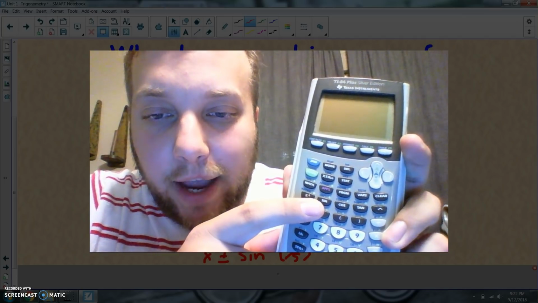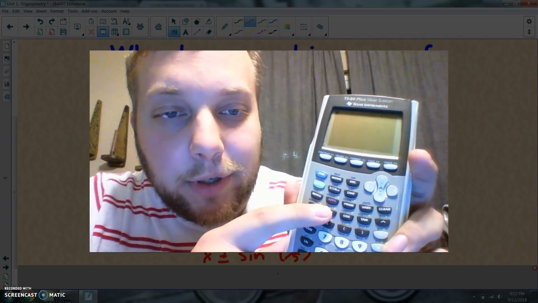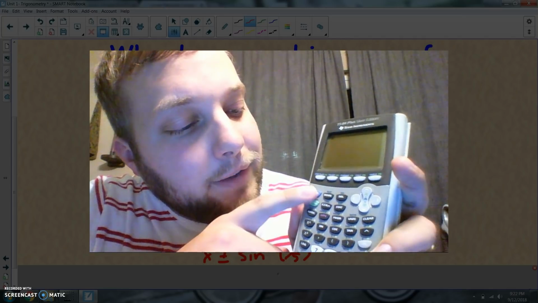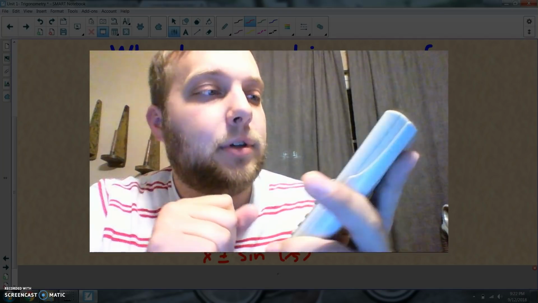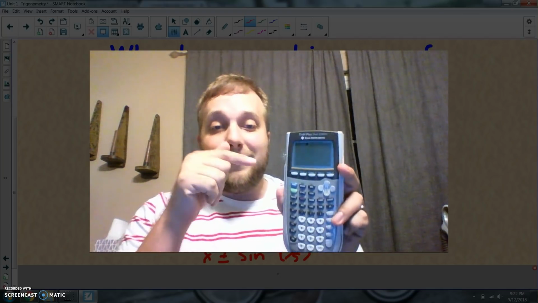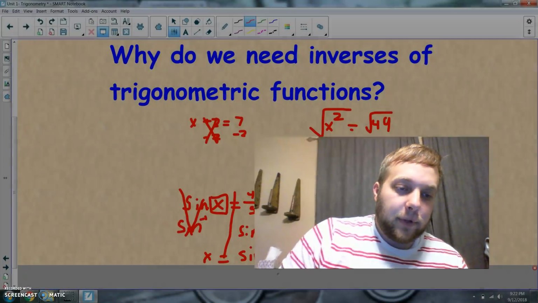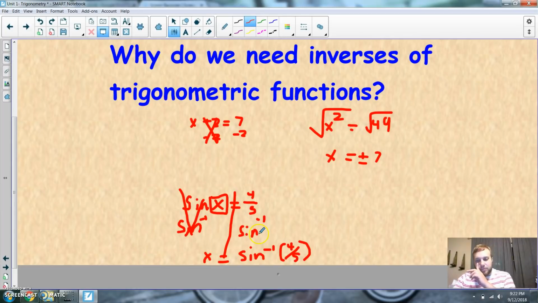Right there above the sine, in like the blue, or maybe it's yellow, you've got to press the shift. I say shifty sine. Alright, and you'll get that sine inverse. So shift the sine, you get sine inverse. Shifty just sounds a lot better. I'm going to go shift sine, and that's going to give me that inverse. I'm going to go 4 divided by 5, and I should get about